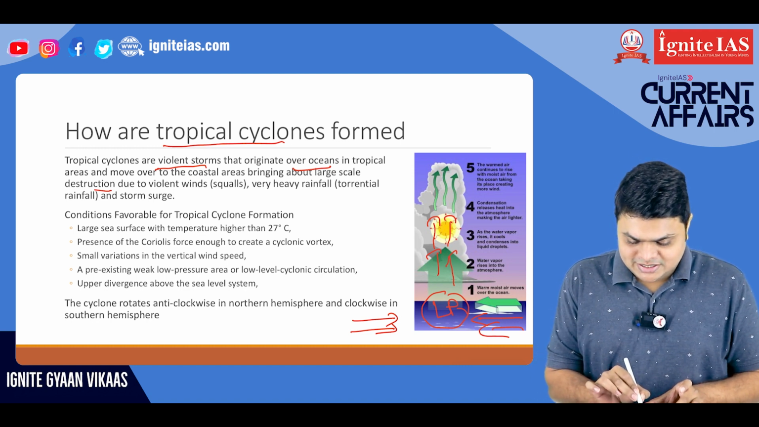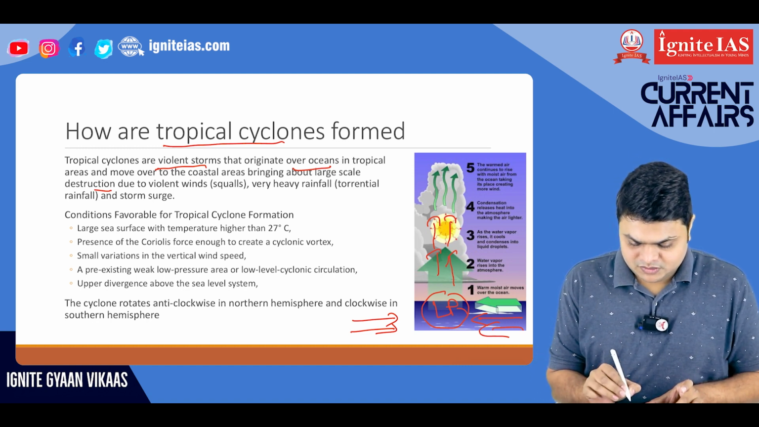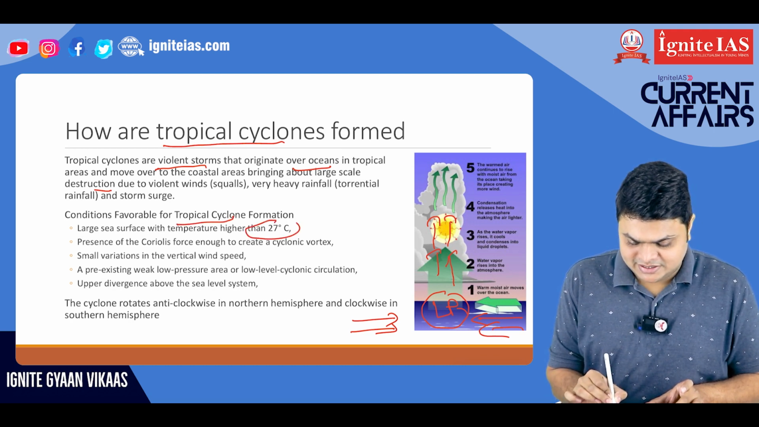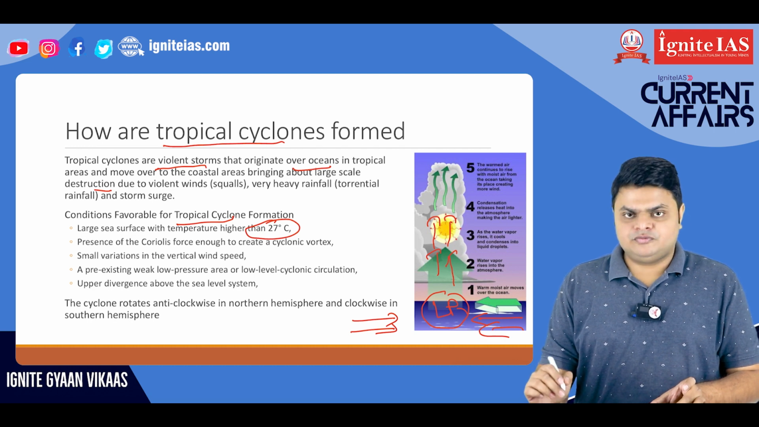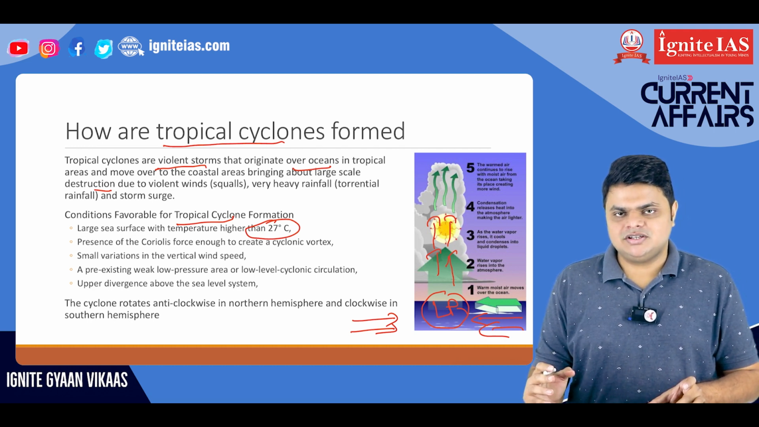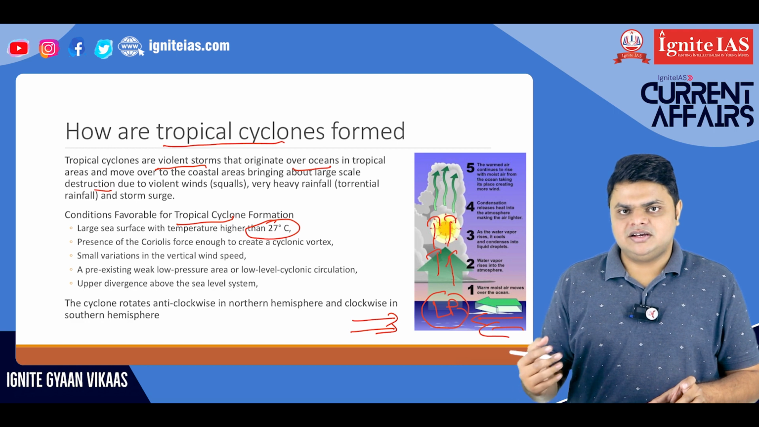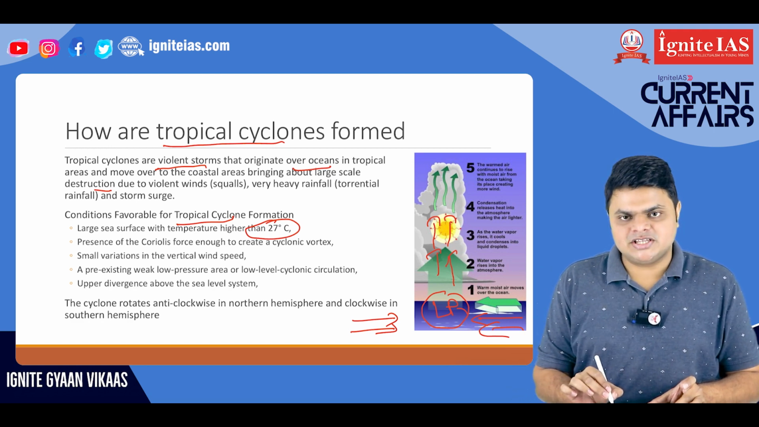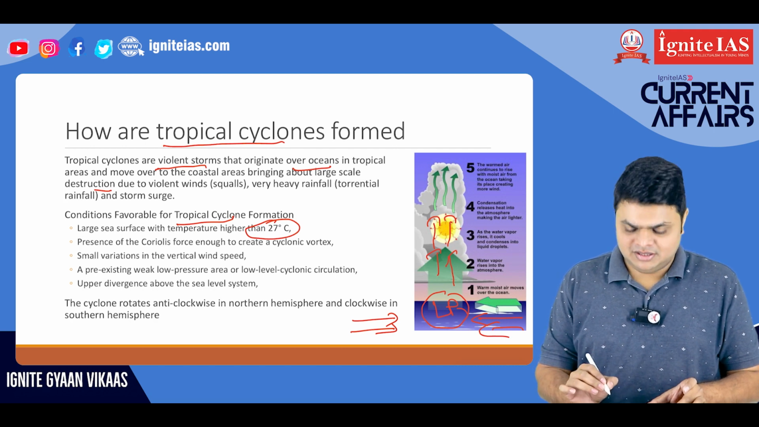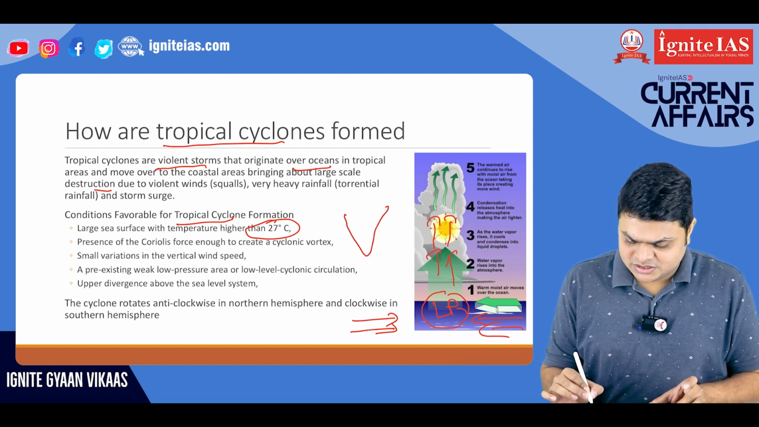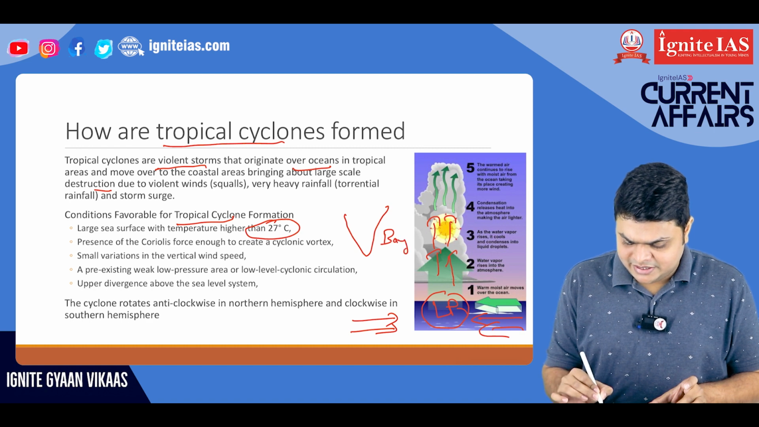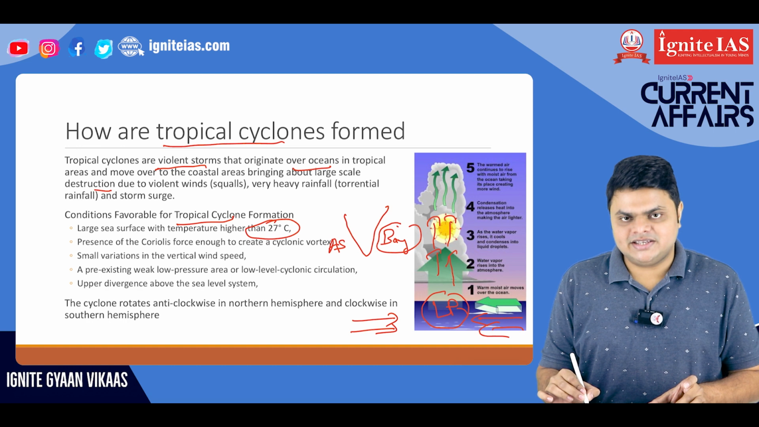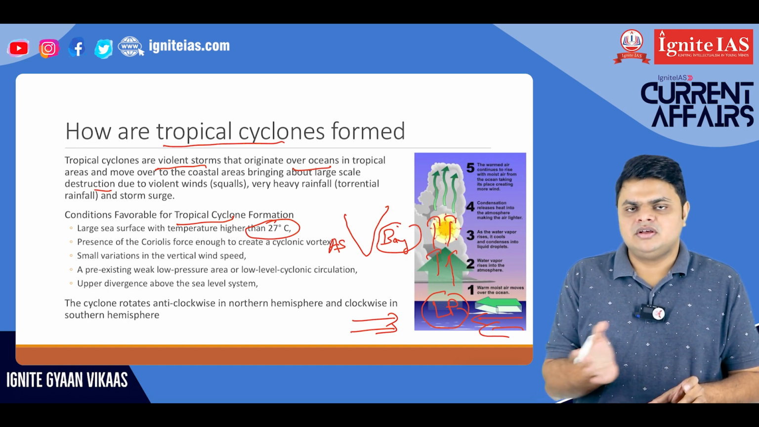Now, let's see what are the conditions favorable for a tropical cyclone. So, we have a large sea surface with temperature higher than 27 degrees centigrade. To form a cyclone, we need a higher temperature, because the first necessary step is that there should be a low pressure and the moist air should evaporate. For this, we need a temperature of at least 27 degrees centigrade or higher. This is also the reason why there are more cyclones in the Bay of Bengal rather than the Arabian Sea, because